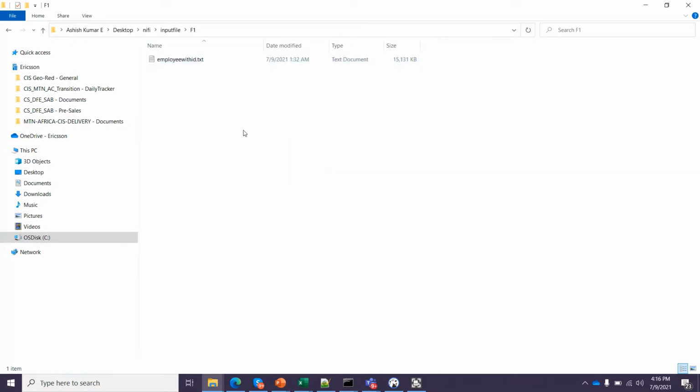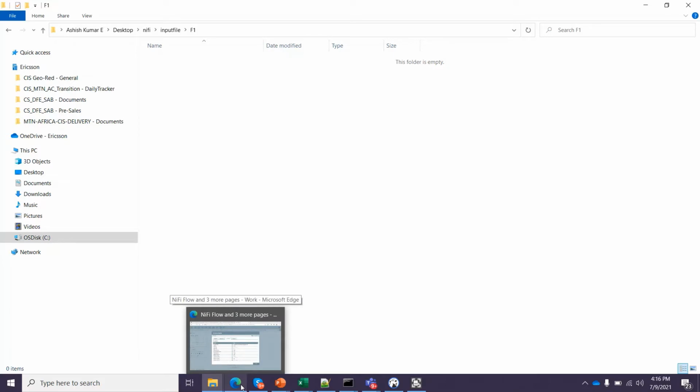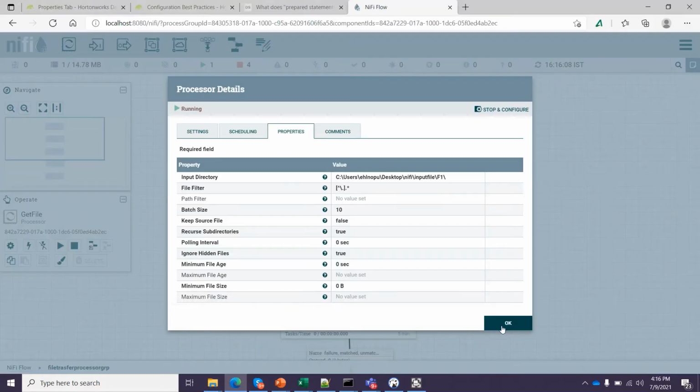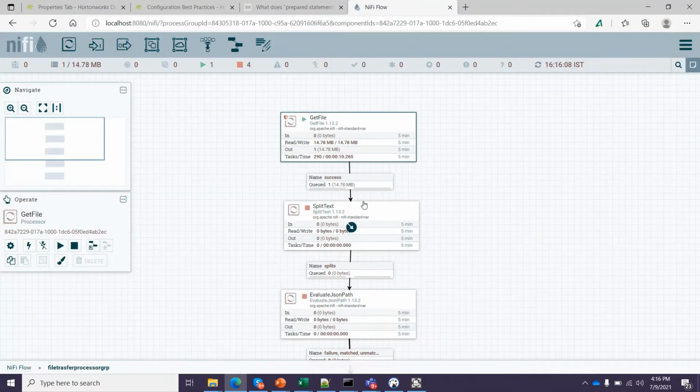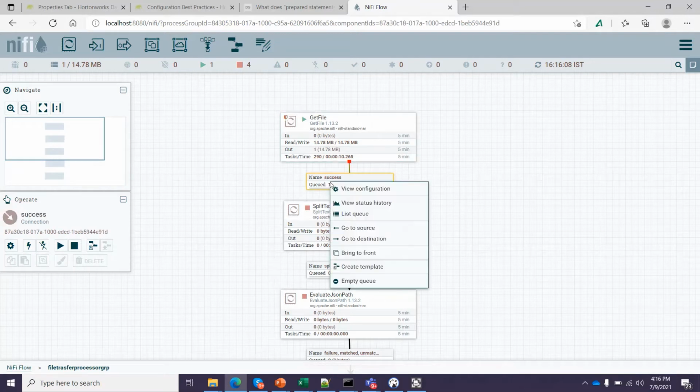So I pasted the file. See, the file is gone. Let's check our processors. If you see this particular connection, the file has been picked up by this processor and it is in queued state. Let's check the content of this file. How can I check the content?